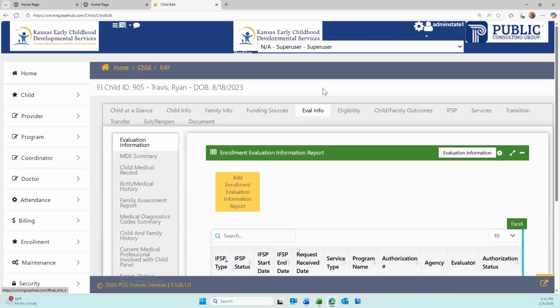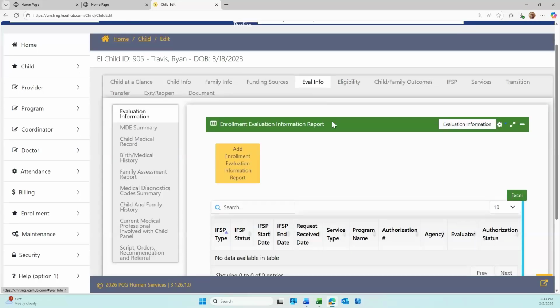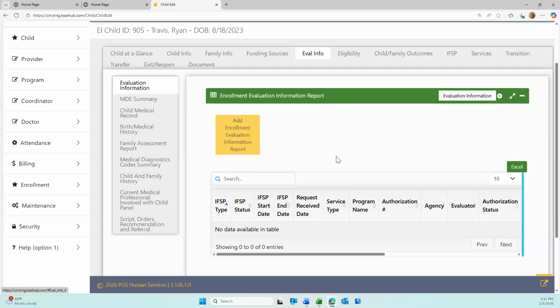So for evaluations, if your point of entry is going to bill for that, we will need to enter what we call a service authorization. It's not something like what you're accustomed to where you get authorization from a physician or you get authorization from an insurance company, that pre-authorization. This is authorization within the case management system, basically from your point of entry office, saying they're authorizing this evaluation. And once we enter this,